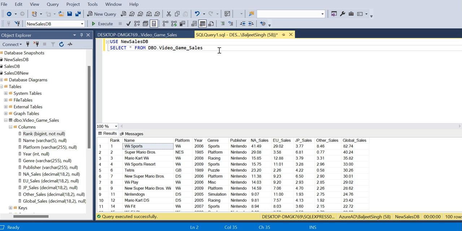Then I will put a filter condition here.